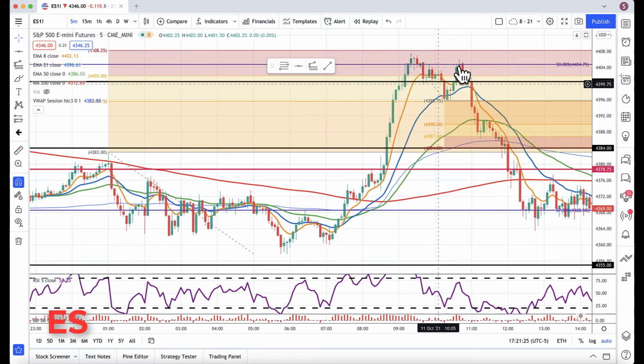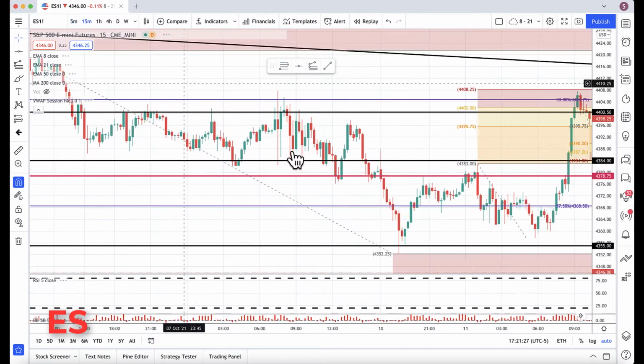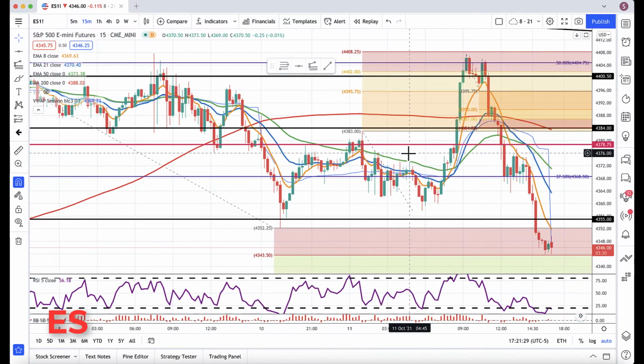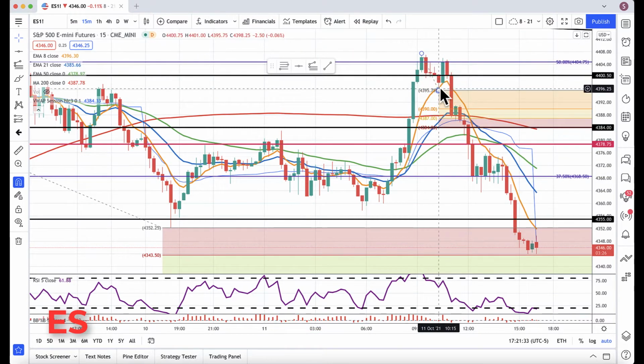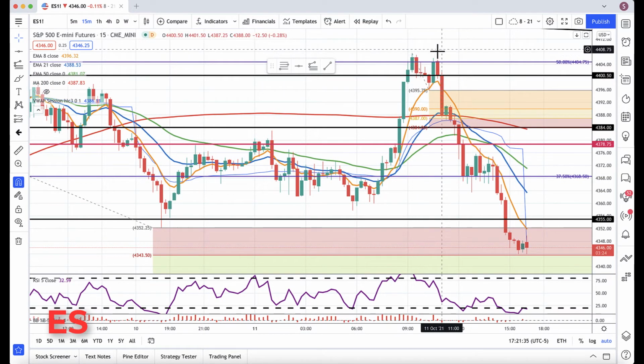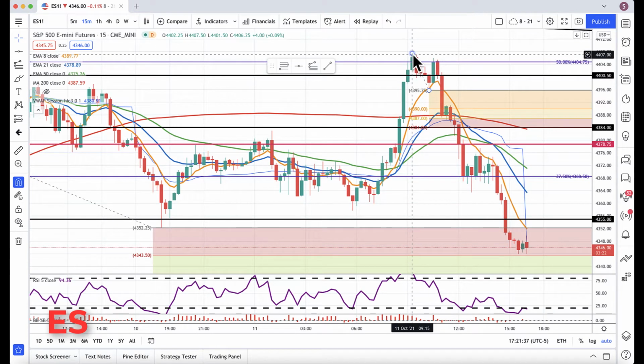And we had this double top up here. Nice little double top. Here's it on the 15-minute. You can see it real well. Let me pull off these other levels since that's all done. So when you have this nice double, we hit the first, second, didn't quite get up to the full third target, but then that triggers. That gave us a full target of 4384, just pointing this out intraday because that was a really nice sell